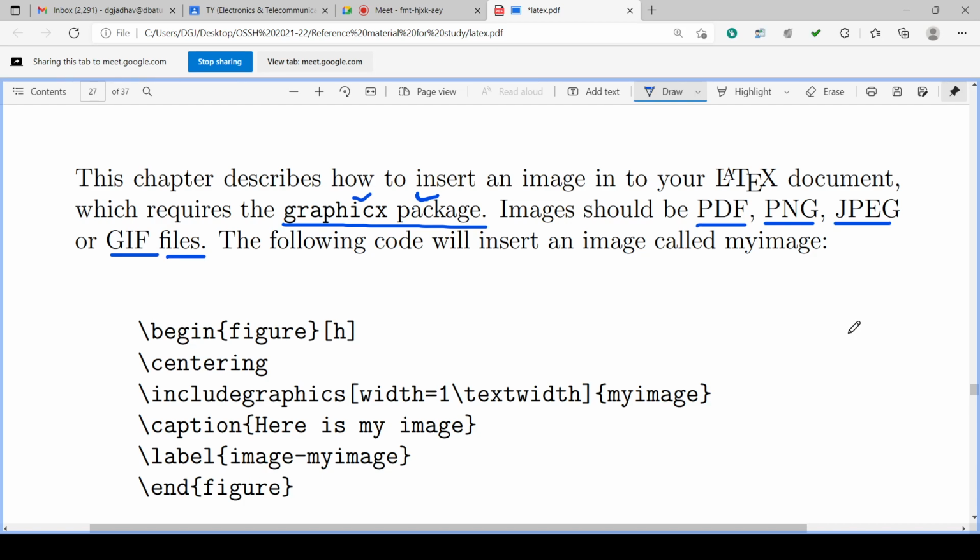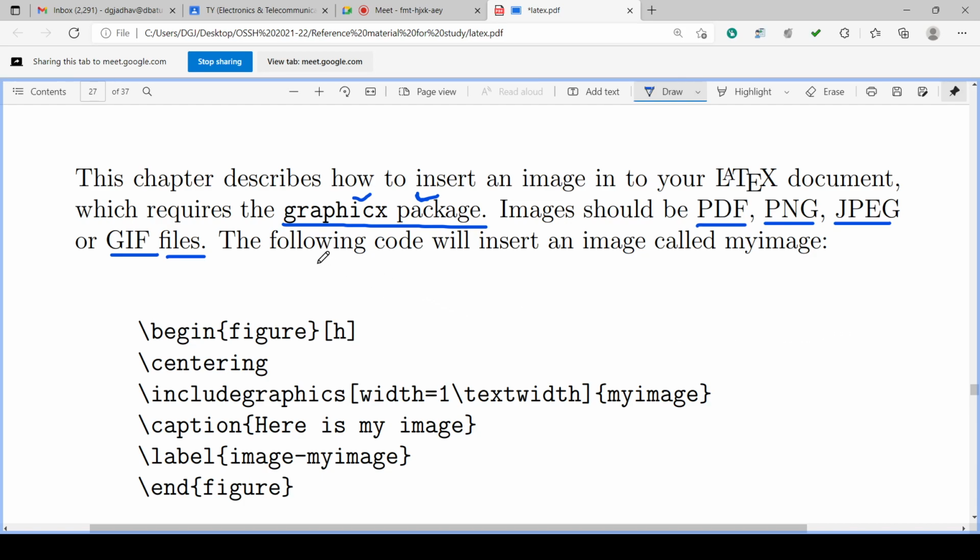Then we can include it into the document which we are coding and programming in the LaTeX package. So we can use a figure in the LaTeX document provided the image is in PDF, PNG, JPEG or GIF file format.